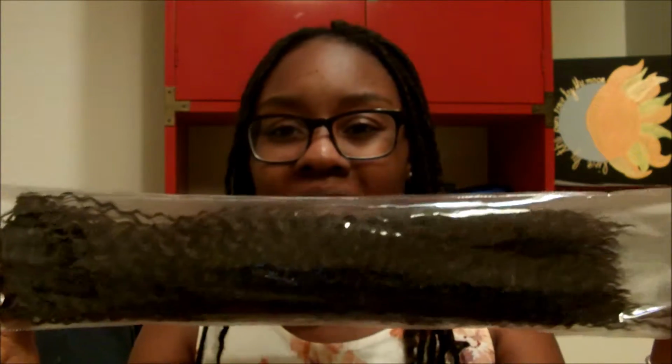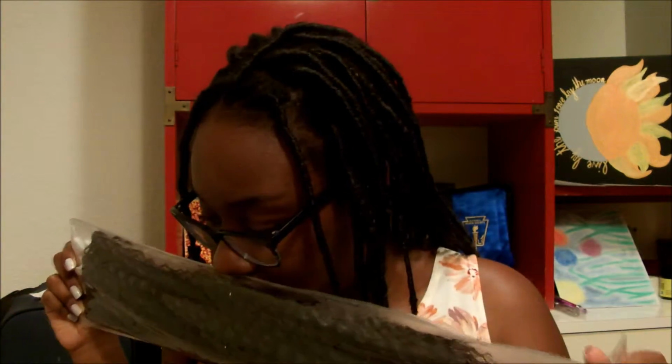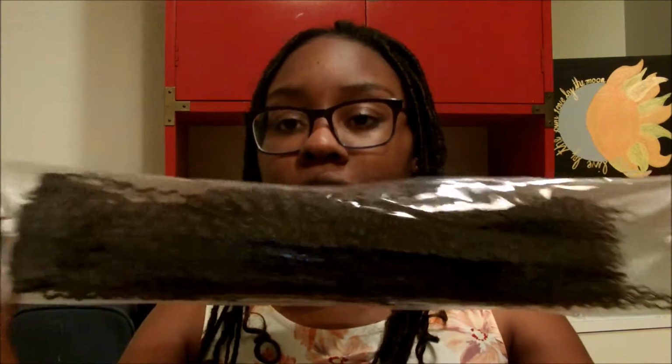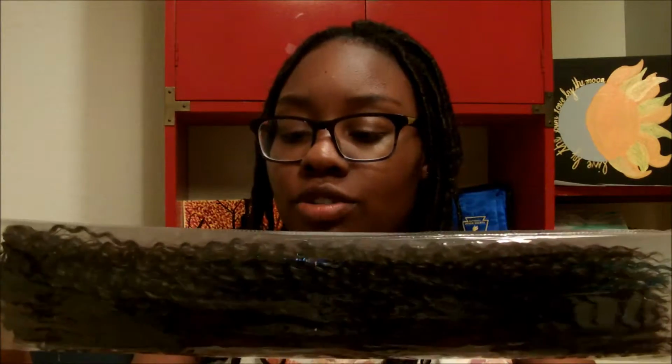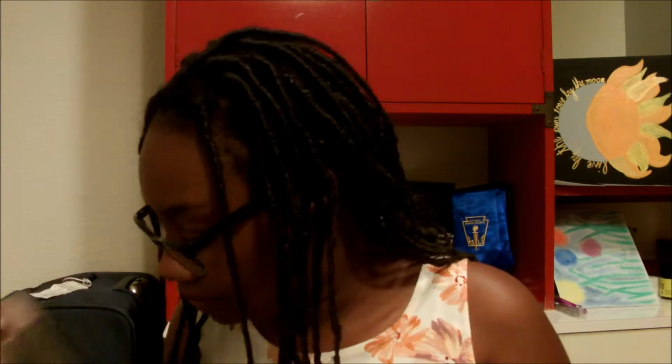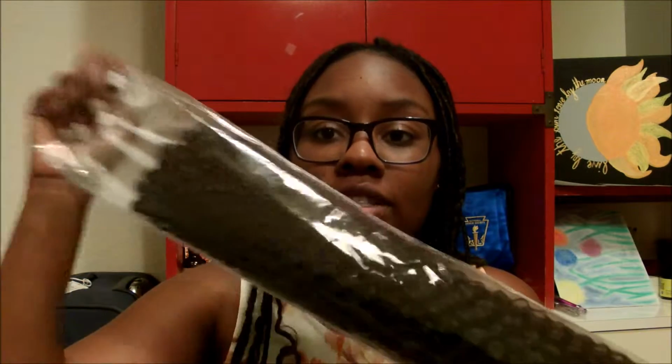I think this is the Brazilian something. I'm not sure what this was. Brazilian wave, I think, maybe. Yeah, and this is also in color 4. I used maybe 3 strands of hair out of this, and this entire pack is full. And then I have